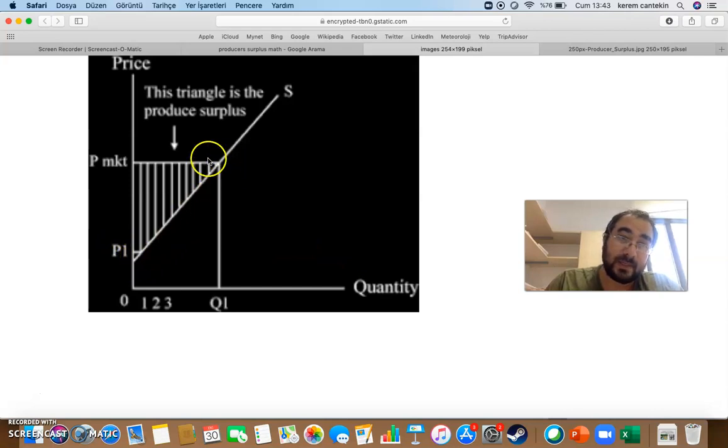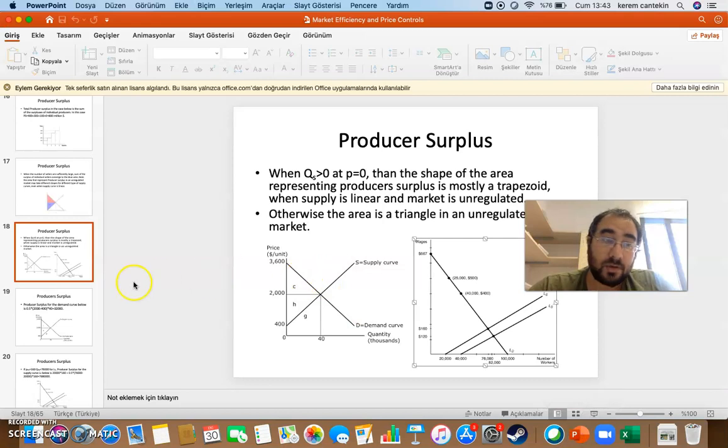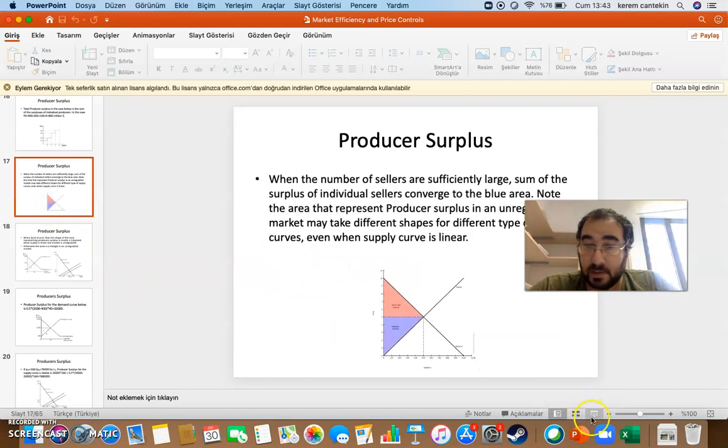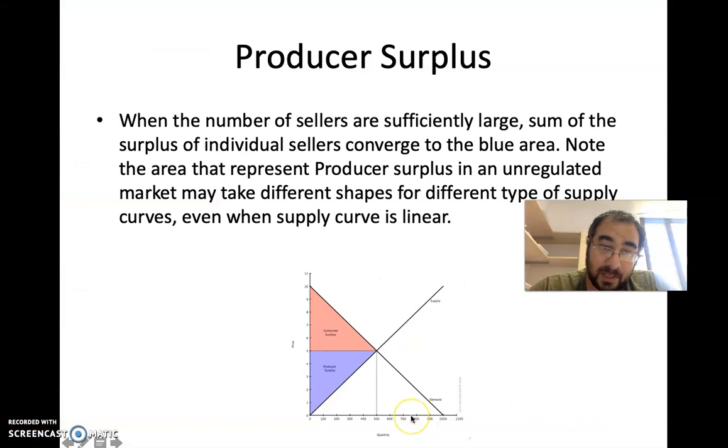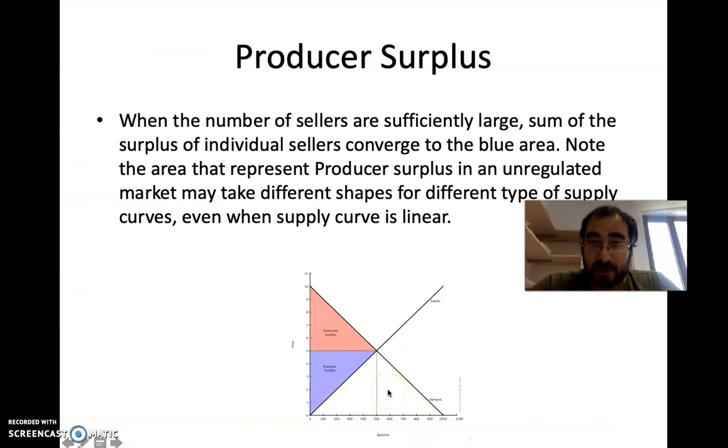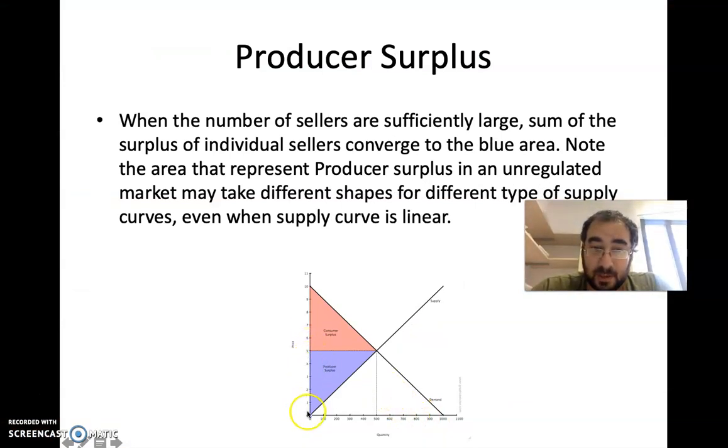So basically, this big triangle will be almost equal, with some negligible mistake, to the producer's surplus. So when we have a large number, we can calculate producer surplus simply by taking this line, which is the minimum,